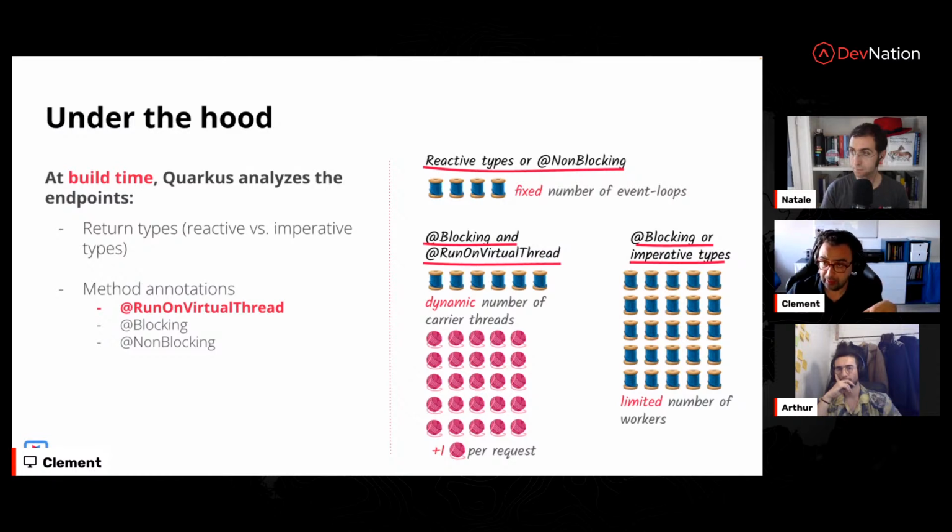If you are using imperative types or you have annotated your method with @Blocking, you are working on a limited number of worker threads. And if you are using @RunOnVirtualThread, well, then we have a dynamic number of carrier threads, that's a fork join pool, and then we create one new virtual thread per request, in an unpooled fashion. So that's pretty cool, pretty simple, one annotation,